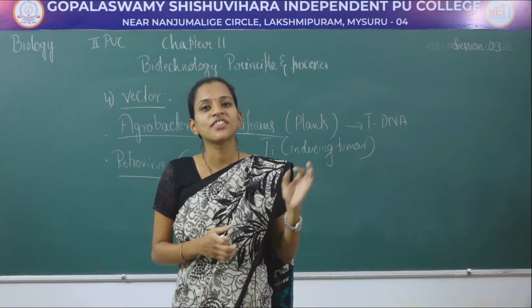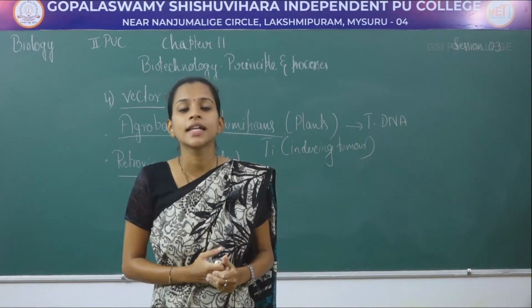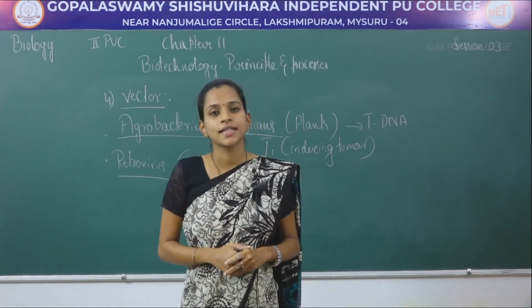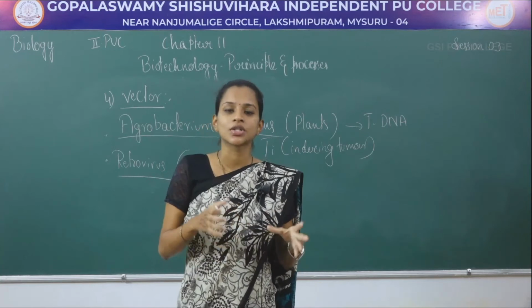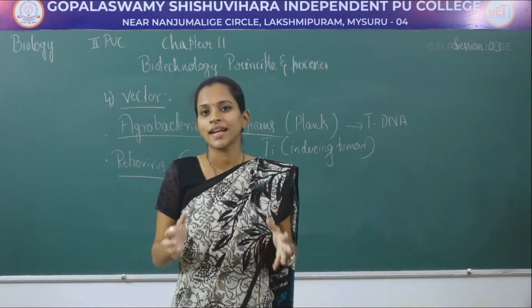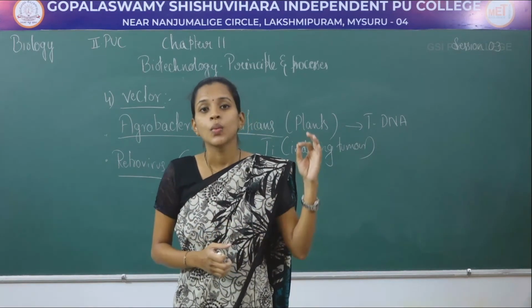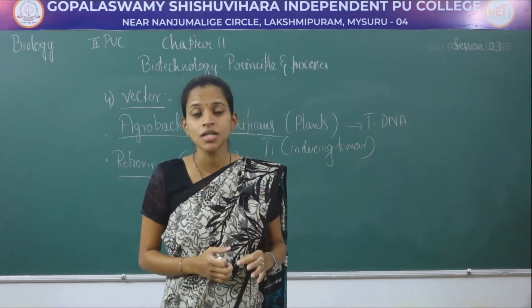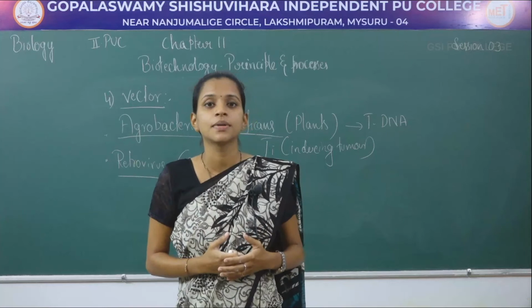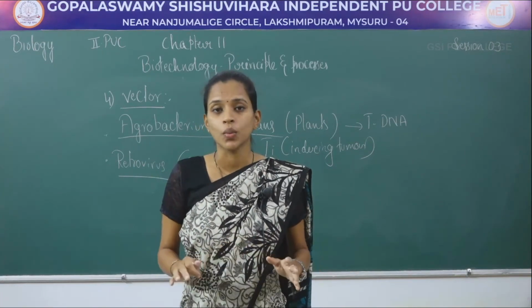In these two regions, if in any one of the regions there is insertion of this particular recombinant DNA, it inactivates the beta galactosidase enzyme and leads to insertional inactivation. Due to this insertional inactivation, we can identify whether it is a transformant or a non-transformant. Wherever there has been insertion in that particular region, their ability to resist a particular antibiotic will be lost, or it will be 0.